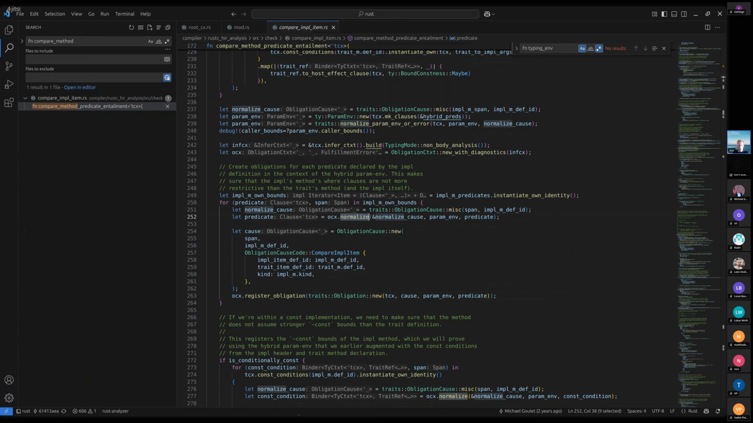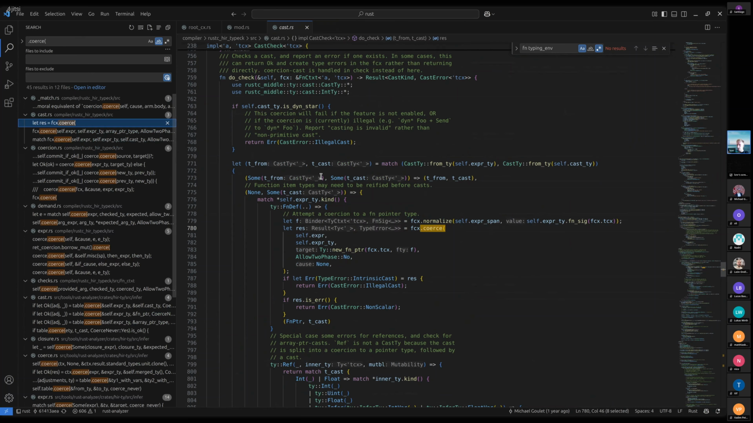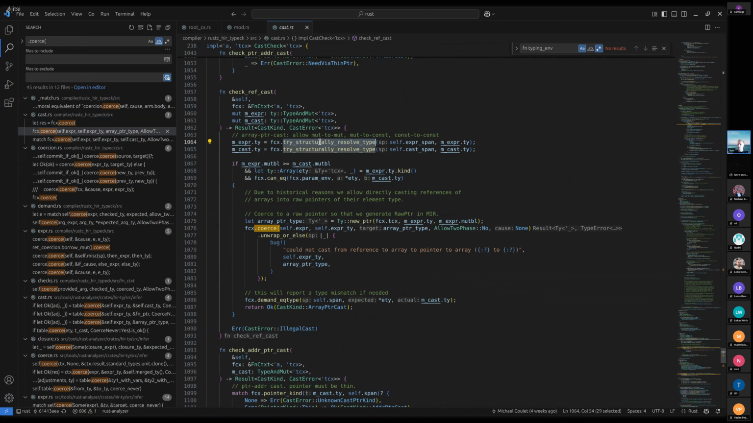So what we do before calling this is that we try structurally resolve. And that method looks at the type. If that type is an alias type, it normalizes that as much as possible and then returns it. So you generally don't have to normalize except when you actually match on the type kind, in which case you have to make sure that you call try structurally resolve. Ideally, as close to the match on the kind as possible